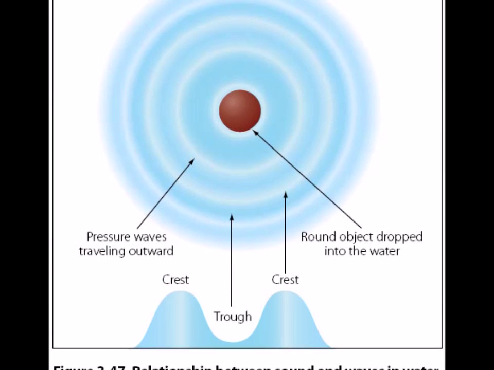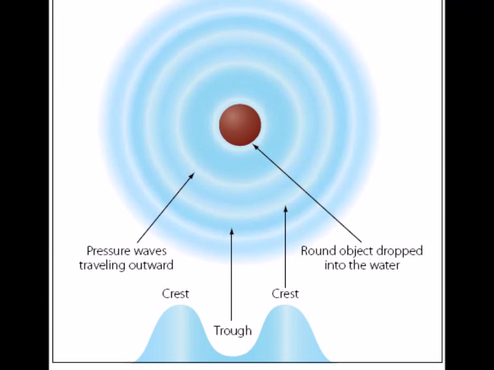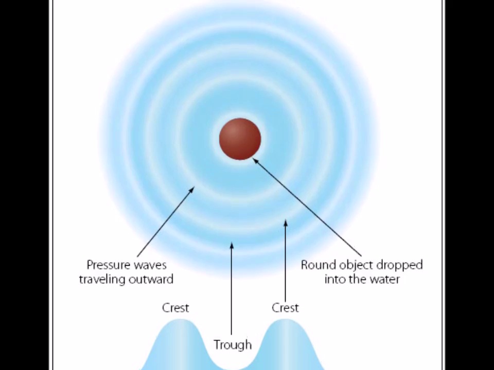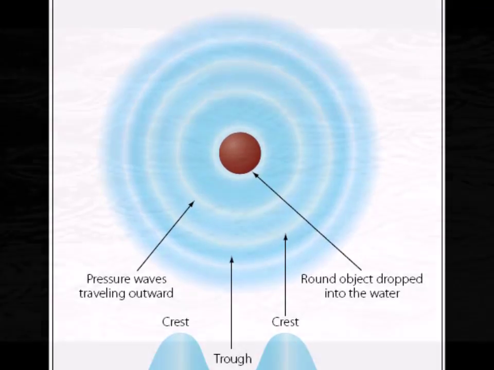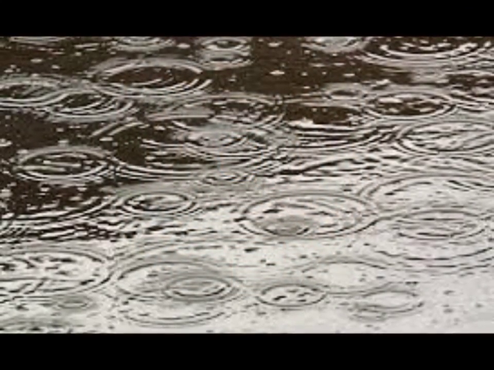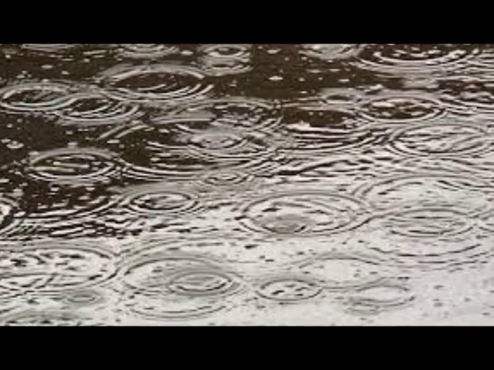Since each disturbance is traveling in the same medium, which is water, they would all travel in every direction at the same speed. The pattern produced by the bug's shaking would be a series of concentric circles as shown in the diagram. These circles would reach the edges of the water puddle at the same frequency.